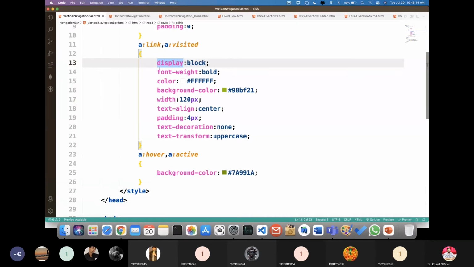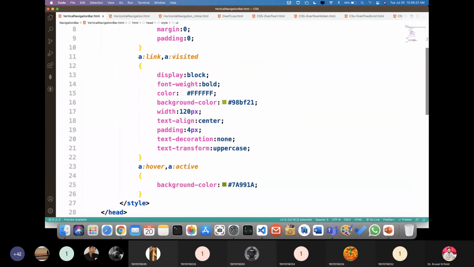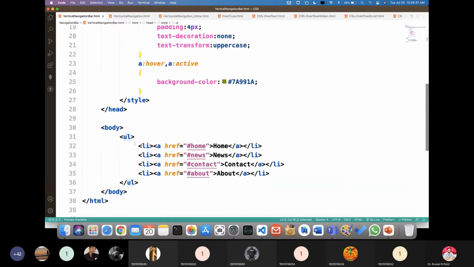So you can see it is very simple code. First of all, for UL, you have to set this property, right? After that, link and visited, you have to set all these properties. After that, hover and active, you have this property. And very first in the body section, you have to create these particular list items, right?